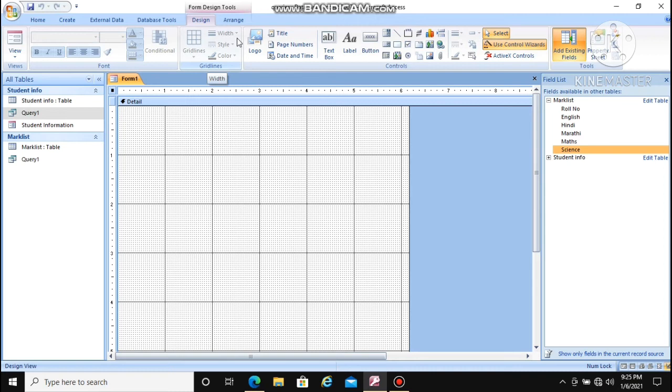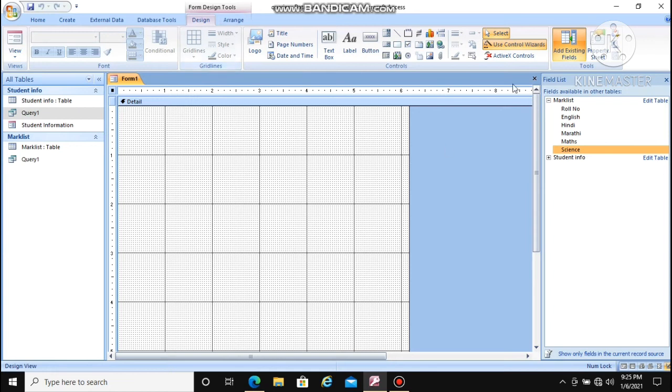In the previous method you have seen the templates of the form. You just have to click on next and your form is created. But here you have to design your form with your own creativity. What kind of color you want for that particular form, what contents you want, everything is designed here in the form design. That is the difference between the form wizard and the form design.